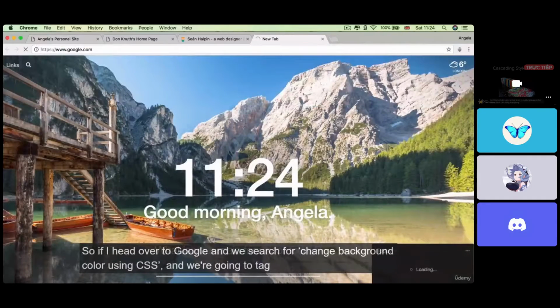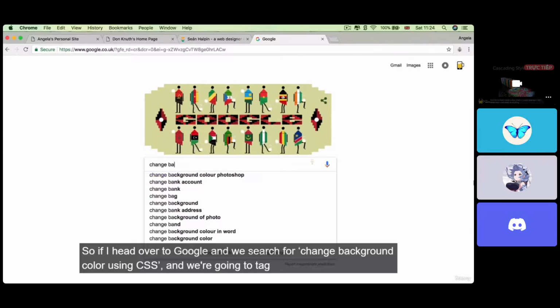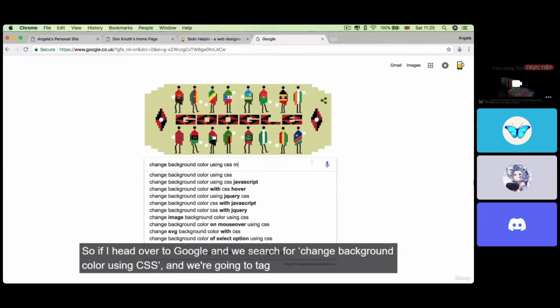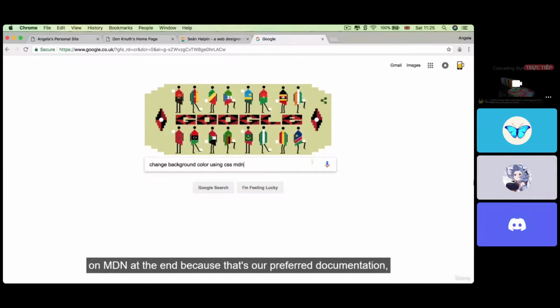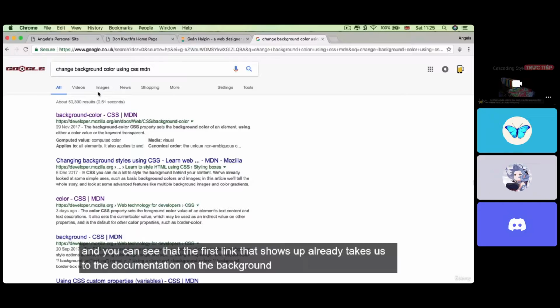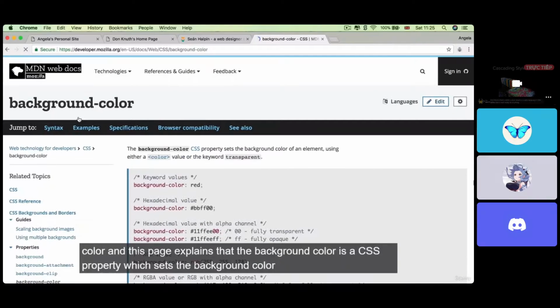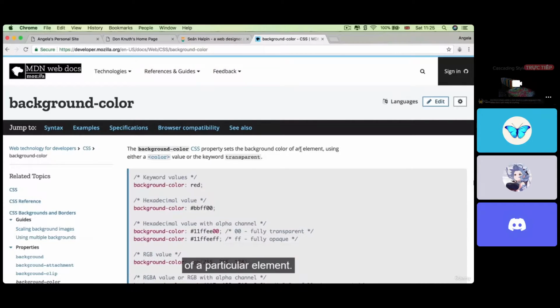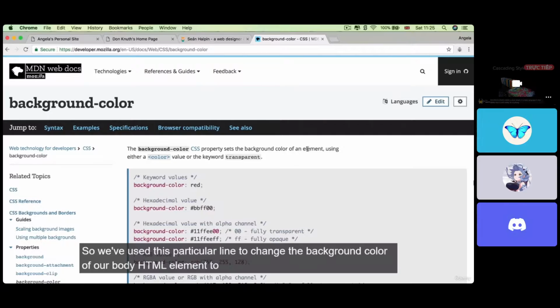So if I head over to Google and we search for change background color using CSS, and we're going to tag on MDN at the end because that's our preferred documentation. And you can see that the first link that shows up already takes us to the documentation on the background color. And this page explains that the background color is a CSS property which sets the background color of a particular element. So we've used this particular line